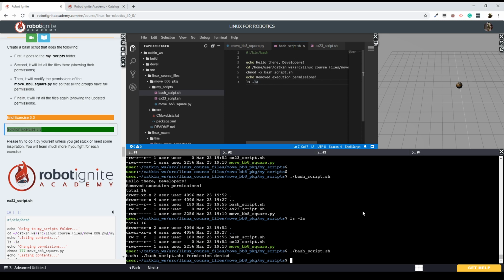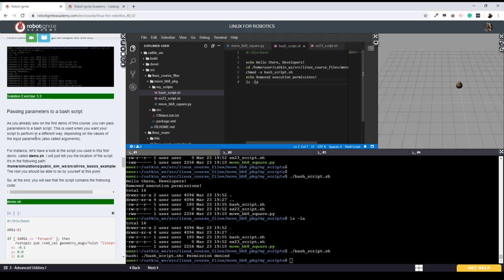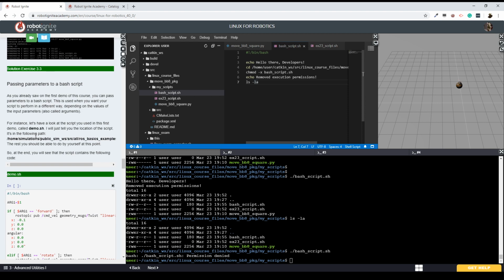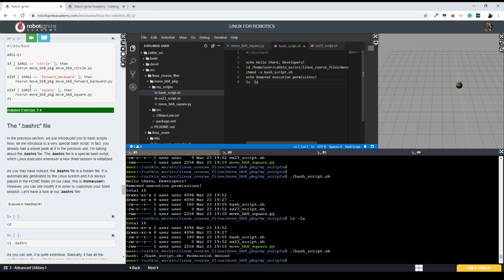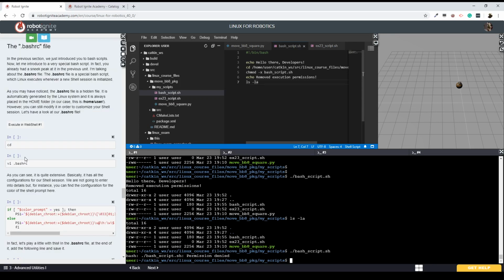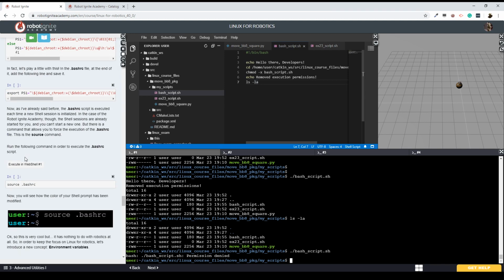So how are you doing? Are you doing this exercise 3.3? Have you managed to do this exercise? This one here? Okay, so in the next section here, we have passing parameters to a bash script, but seeing the hour, we are going to end it here. But basically, we have left the basic parameters to bash script, and the bashrc file. Okay, so yeah, we are going to have to end here,